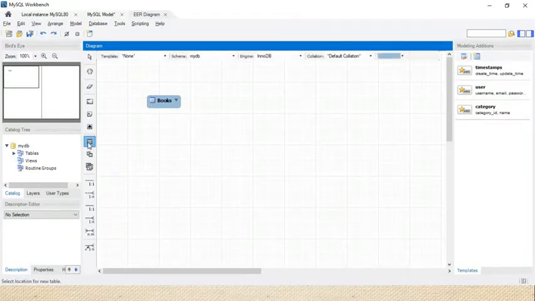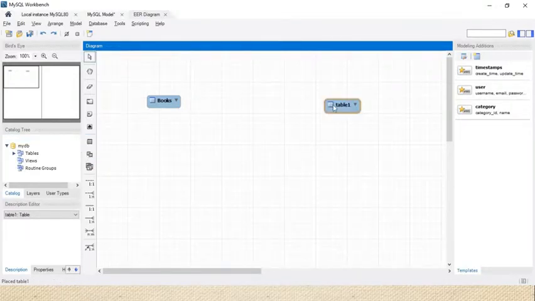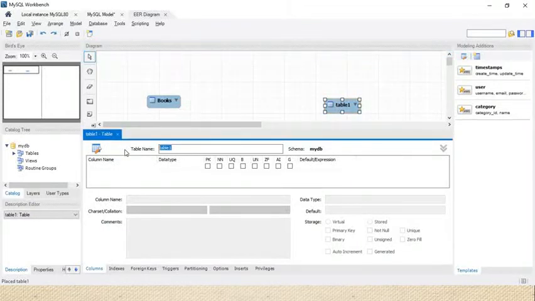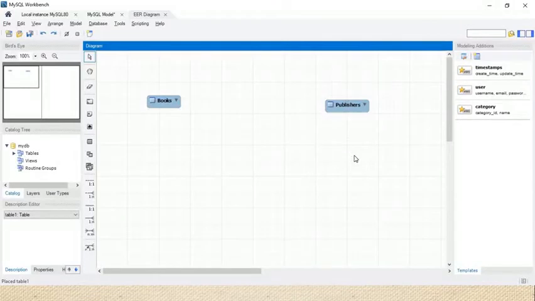I will click over here, and we require publisher. Here I will write publisher. Everyone knows about the publisher. A publisher is who prints the book. These two tables are required.